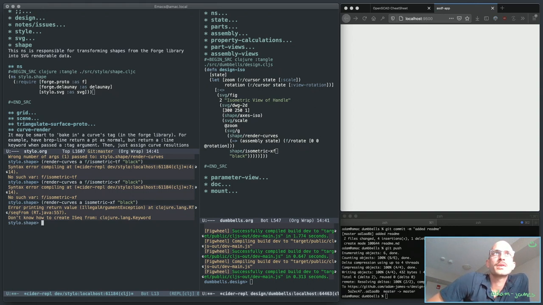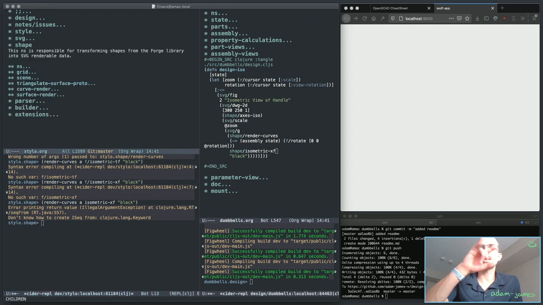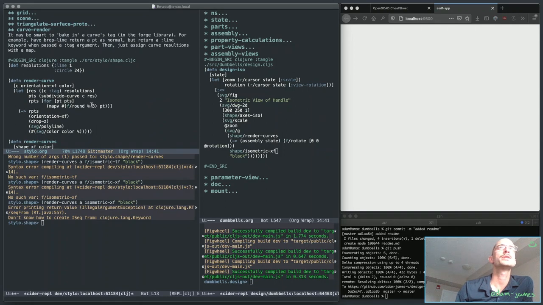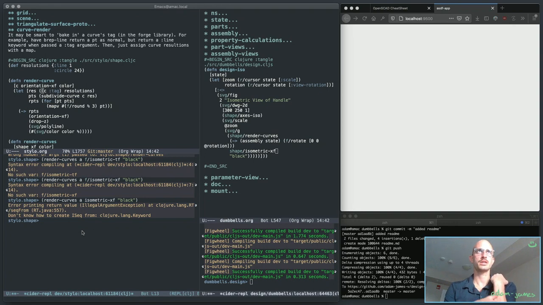Okay, so don't know how to create iSeek from Clojure lang keyword. Okay, so we've got the same error in here, so now we can break it apart a little easier. That's a nice way to do it. Let me see. Right, so let's go look at the curve rendering situation. This function here, let's just try to recreate that in